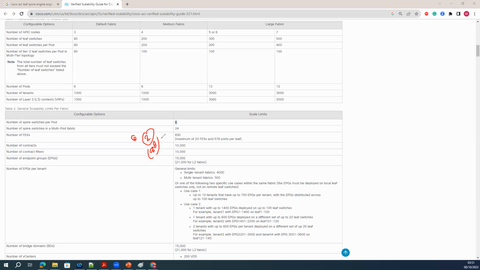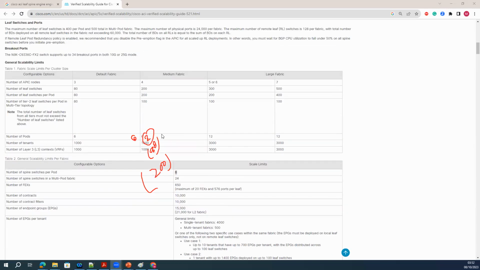They don't go beyond 2 spines and 200 leaf switches, as far as I have worked on, because Cisco itself suggests that this is just a maximum number, but you should be scaling your fabric this much only. You should have 200, which will be easy for the APICs to manage. It will be easier for your operations engineer as well, including the ACI.